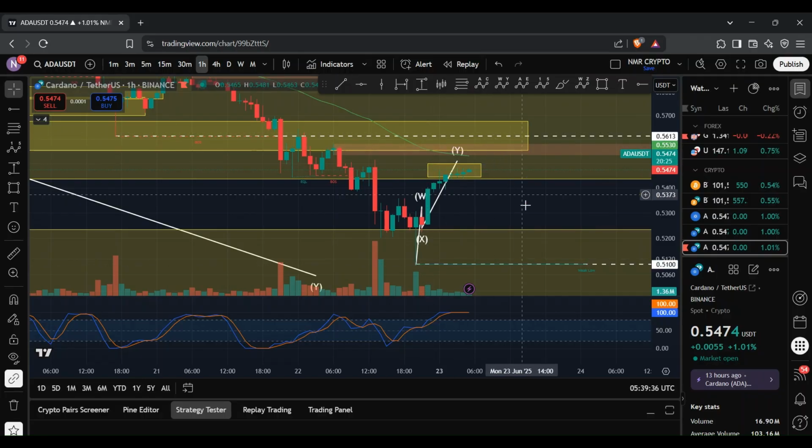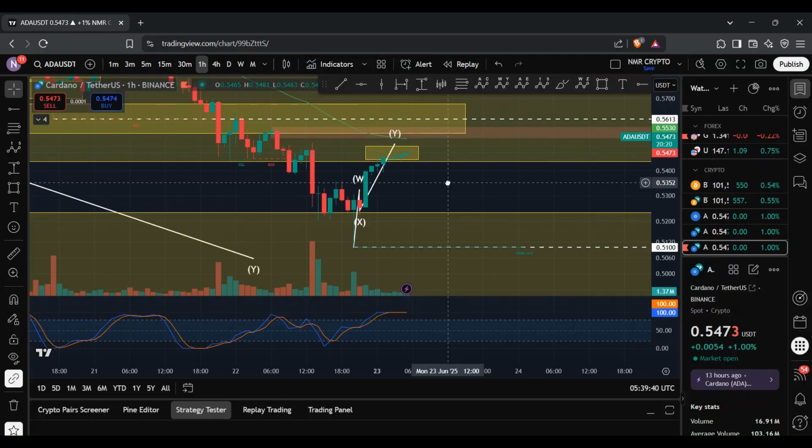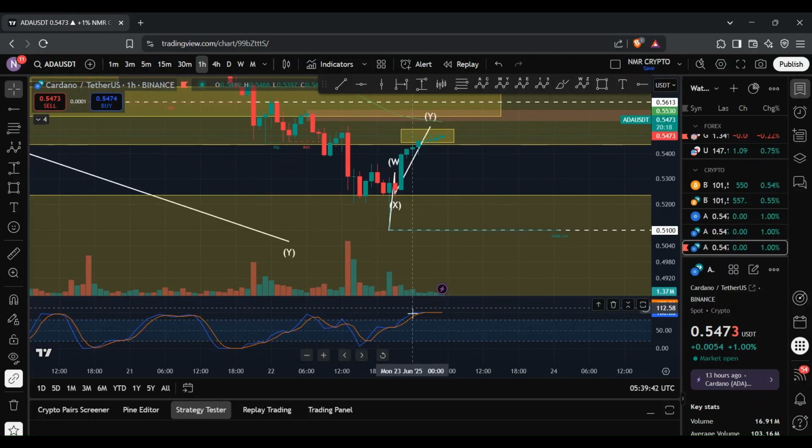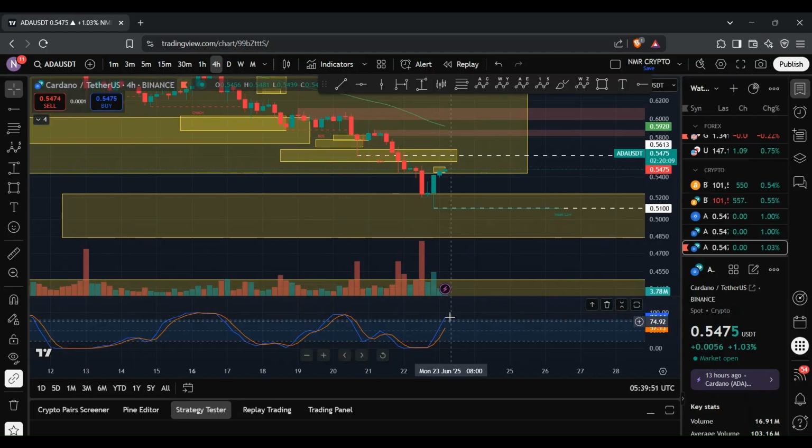And so, yeah, despite seeing this nice move to the upside, we are still slightly bearish, given the fact that we failed to retest that 50 EMA. And so, again, we could potentially see the bears regain control of the market, given that we are maxed out on the stochastic RSI. And if I go on the 4-hour chart, you can again see that we are reaching